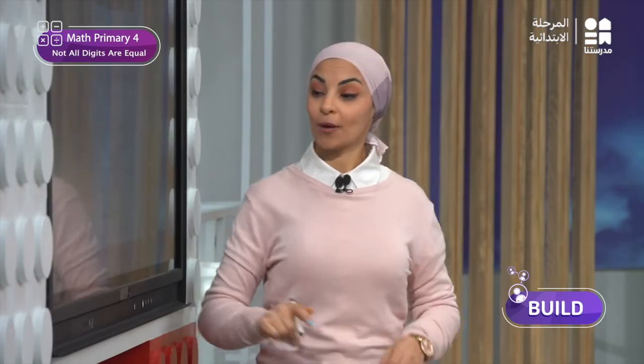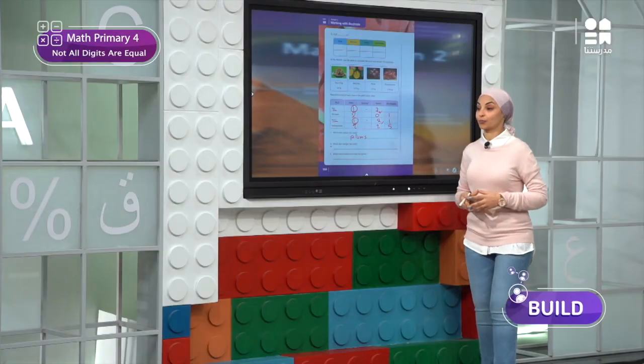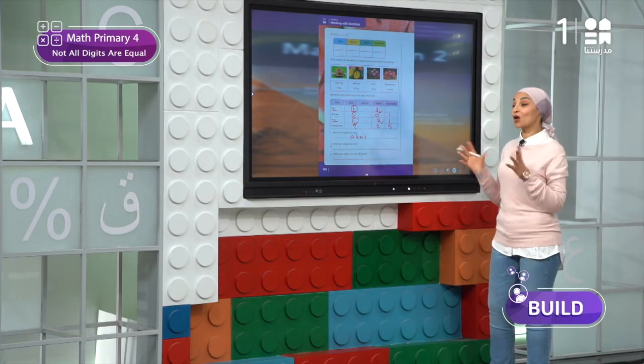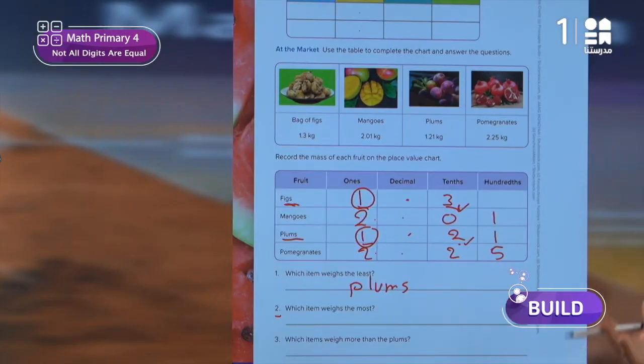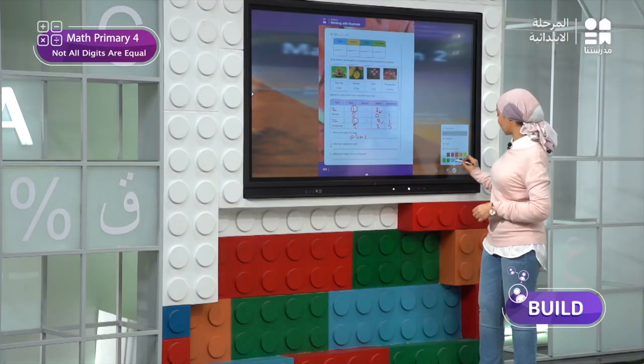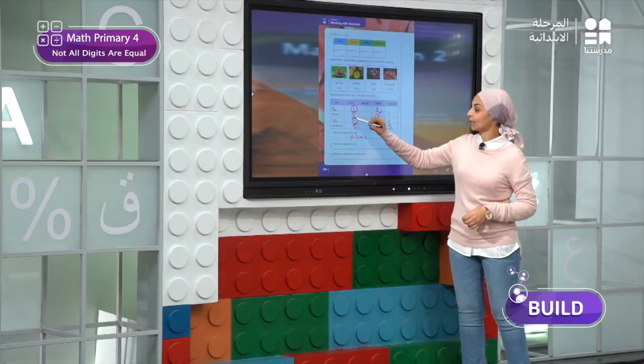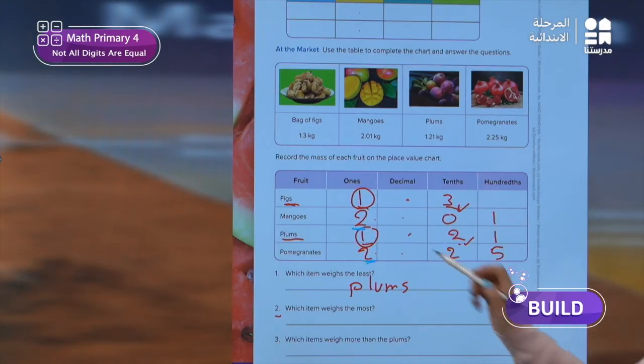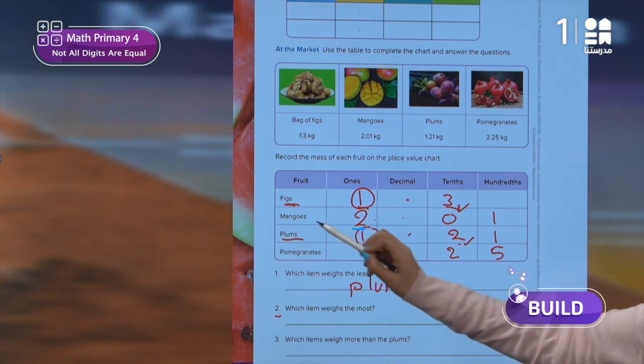Okay, now تعالوا بقى نروح لproblem number 2. Problem number 2 بيسألني which item weighs the most؟ مين أتقل weight فيهم أو أكتر weight في الفروتس دي كلها؟ طيب المرة دي بقى I will choose the two types اللي عندهم whole number 2. تعالوا كده نشوف مع بعض. هو عايز يعرف أتقل weight فيهم أو ال heaviest one يبقى اختار واحد من الwhole number بتاعهم 2 اللي هم المانجوز أو